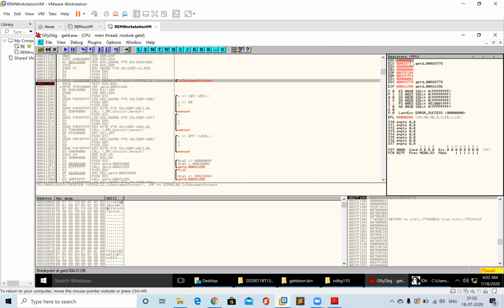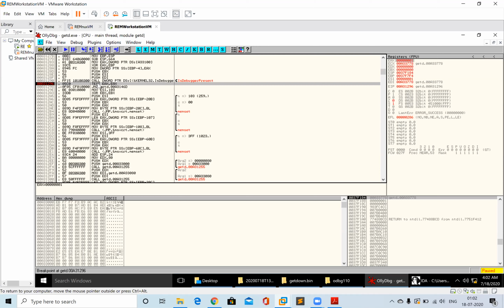Now it will use the test instruction. I think we discussed this test instruction before: it is kind of an AND operation. It does an AND and then checks what the final value is. After that, it sets the zero flag. Let's see that in an easier way.